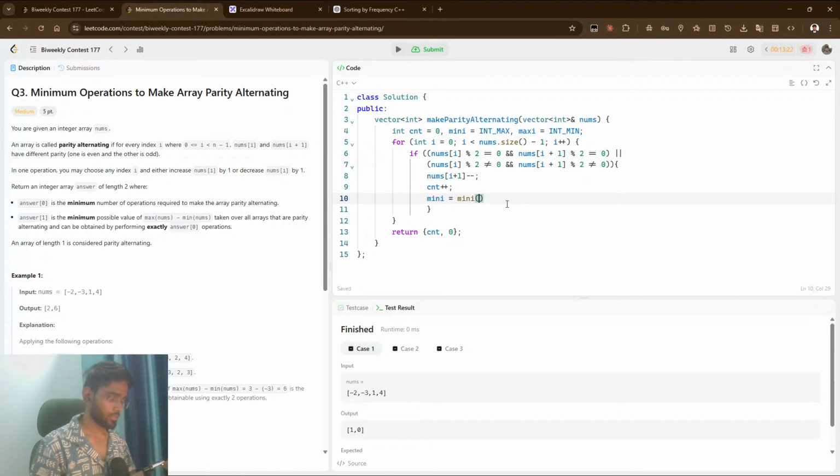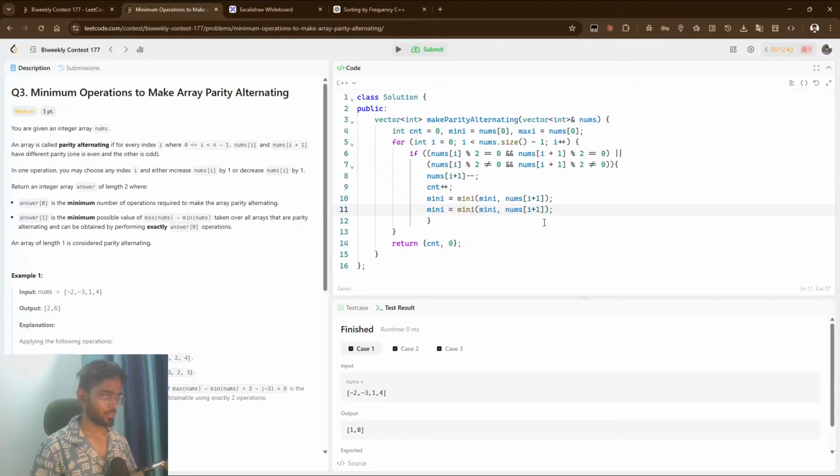दैट्स द क्वेश्चन, लाइक इज मिनिमम मिनी एंड nums of mini is like mini is nums of 0 and max is nums of 0, nums of I plus 1, the same would go to maxi, max।